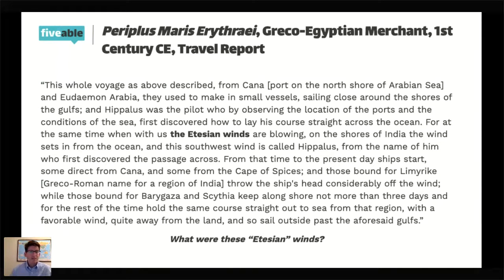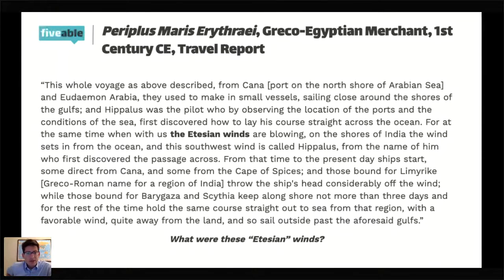The whole voyage, as above described, from Cana and Eudaemon, Arabia, they used to make in small vessels, sailing close around the shores of gulfs. And Hippolus was the pilot who, by observing the location of the ports and the conditions of the sea, first discovered how to lay his course straight across the ocean. For at the same time, when with us the Etesian winds are blowing on the shores of India, the wind sets in from the ocean, and this southwest wind is called Hippolus, from the name of him who first discovered